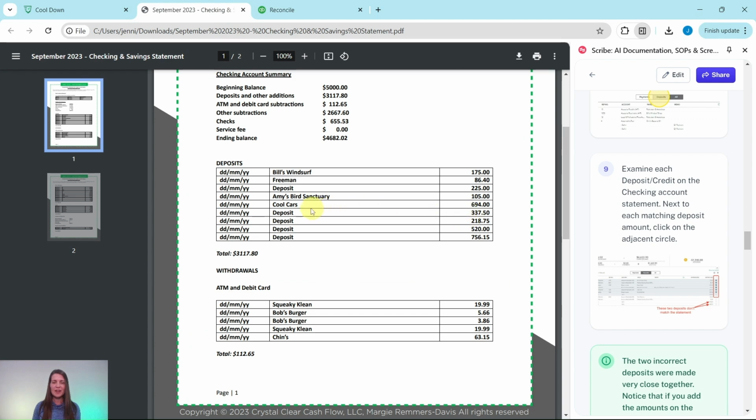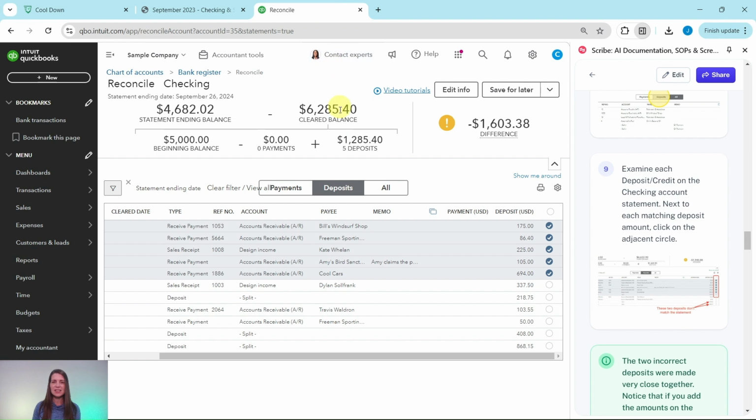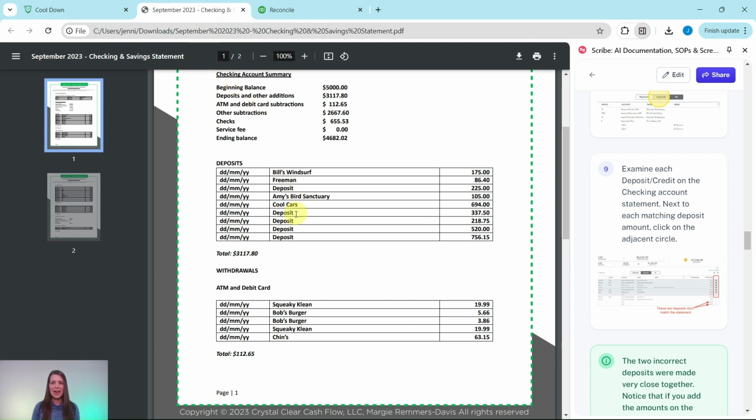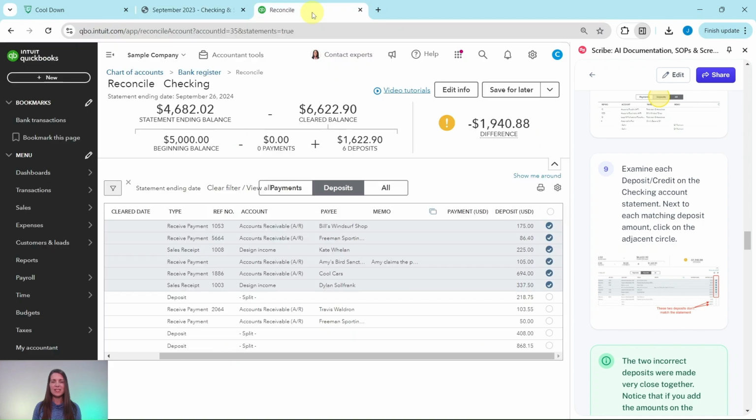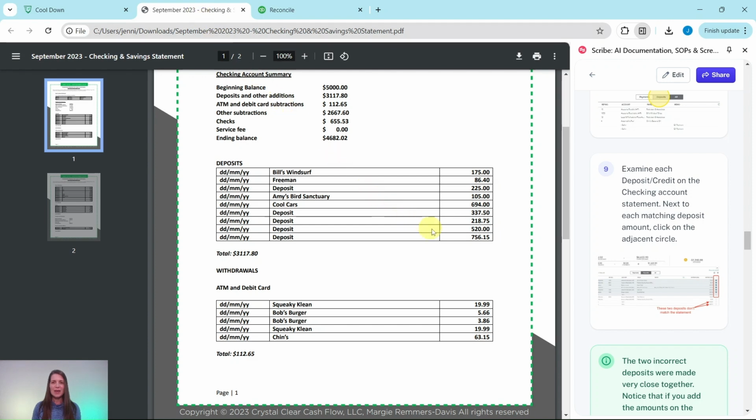And then we have a deposit for $337.50. That happens to be the next one that is showing here on this list. And then we have one for $218.75. So that happens to be this next one right here. So go ahead and click on that. Then we have one for